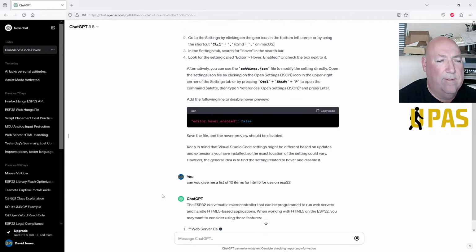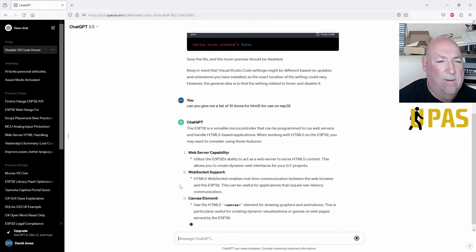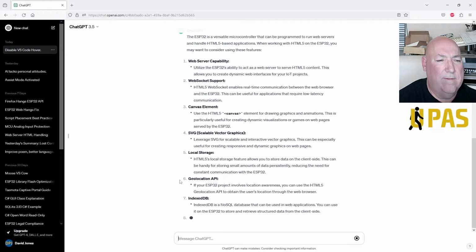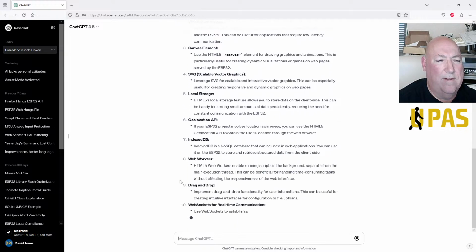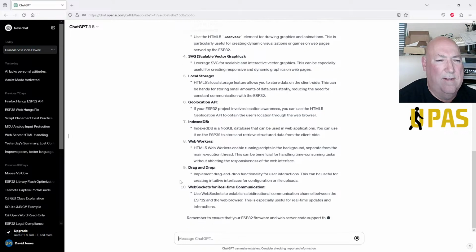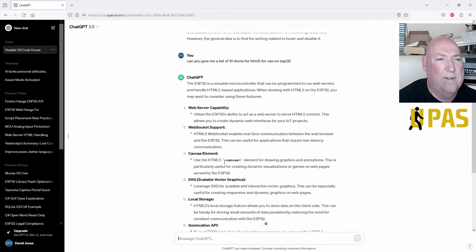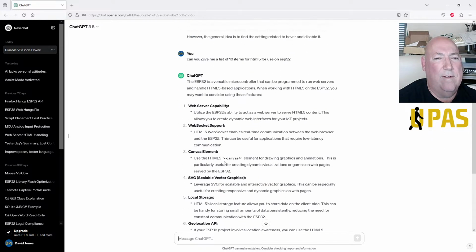Right, see what it gives us. Does it know what I'm talking about? Canvas element. What's it doing? Web workers. Right. Don't know what it's doing now. Is it going to give me any code? No. What's it say? I don't know.